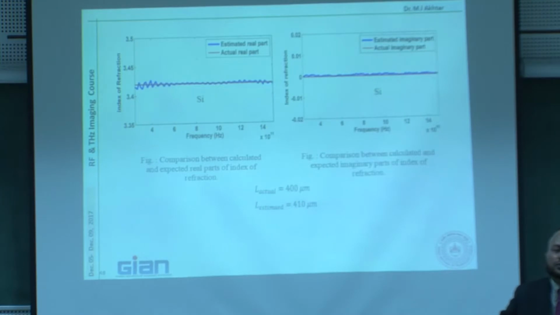What you can also do, if you don't have the facility to measure reflection and transmission, let's say in terahertz, but you have written a code or an equation and you want to know whether the equations are correct or not, is use any standard software, for example CST. You simulate a given material and get S11 and S21. Now you treat those S11 and S21 as if they were the experimental data, and then you use those data